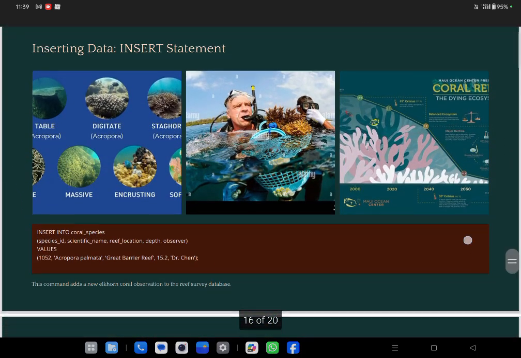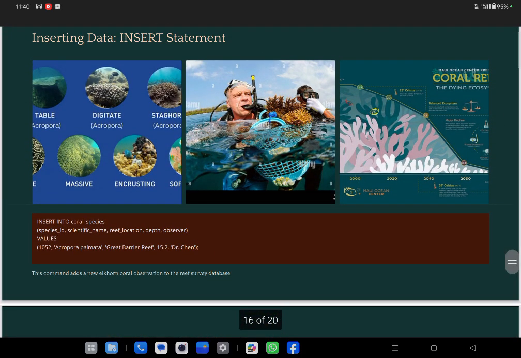Next is the insert statement. So you put this particular insert command and this command will add a new Elkhorn coral observation to the reef survey database. So new coral type of observations it will add করে দিচ্ছে ভেতরে।